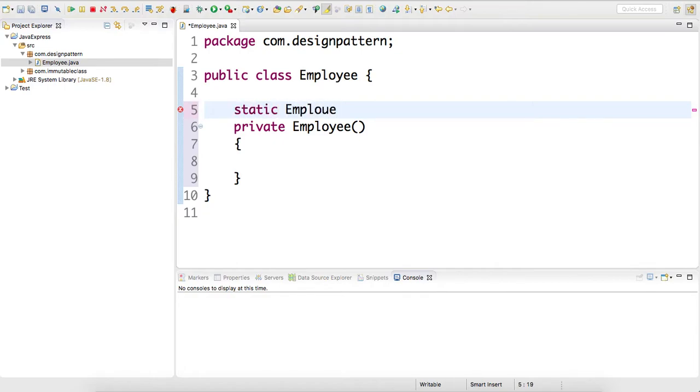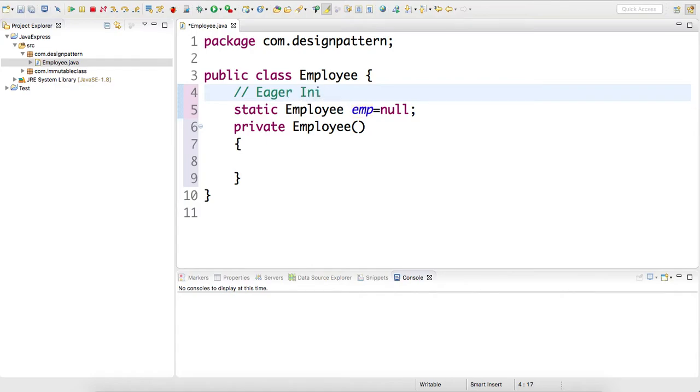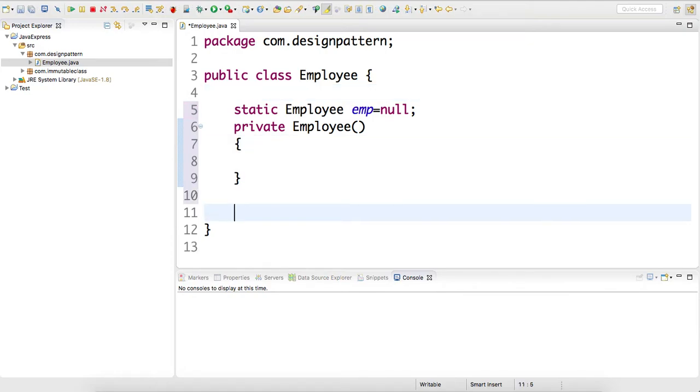static Employee emp equals null. I just assigned some value. This is called eager initialization. Sorry, we will see that when we discuss that point, and I will tell you what it is. Next, we'll create one static method,